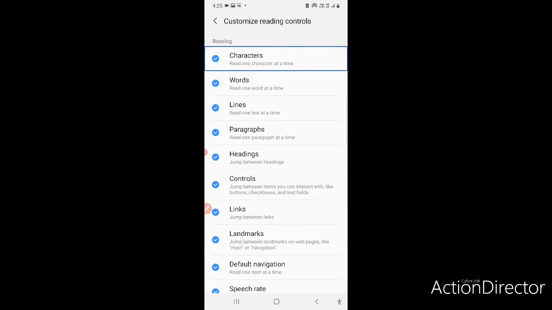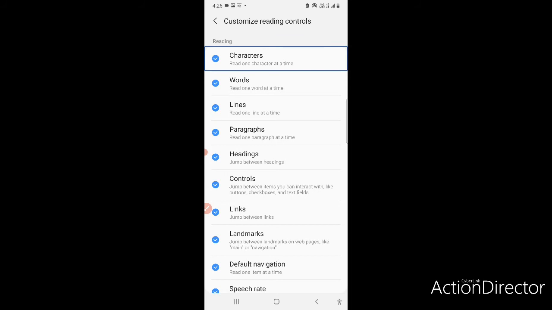So if you want to read some spelling, for example cat is written on your screen and you don't know its spelling, you can swipe with 3 fingers on your screen until you get characters, and then you can swipe up or down on your screen to read the spelling. If you stop on words, you can read word by word. If you stop on paragraph, you can read paragraph by paragraph.